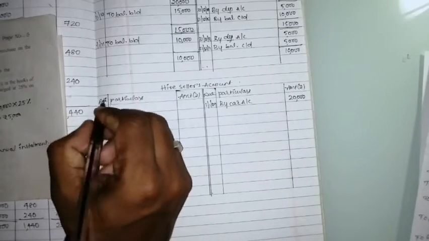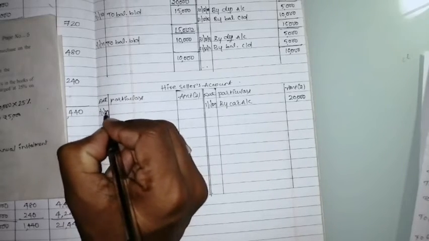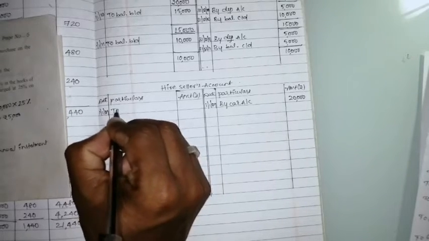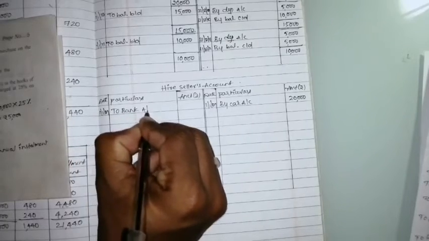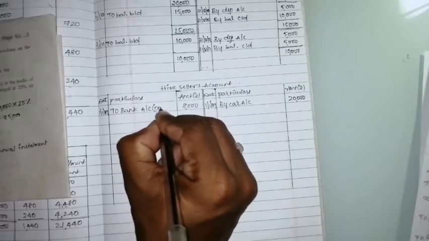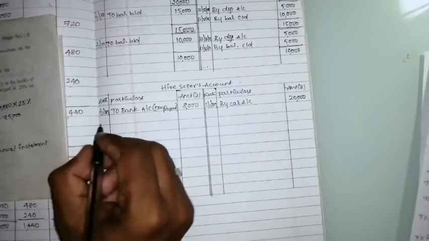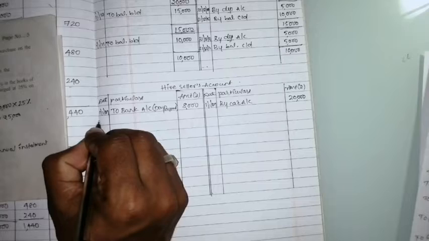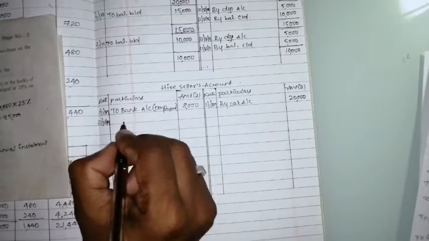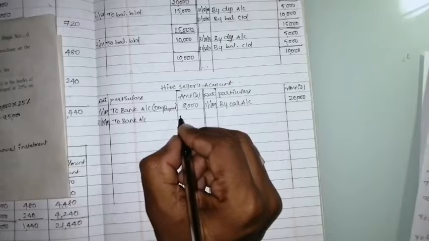Then on 1/1/2009 itself, the hire purchaser makes a down payment of rupees 8,000 to the hire seller, to bank account. How much? 8,000. It's a down payment. Then lastly, for the year ending 31st December 2009, he paid the first installment to bank account, along with interest,